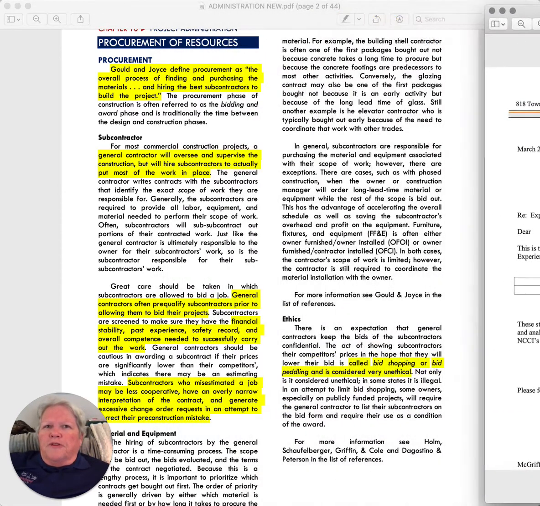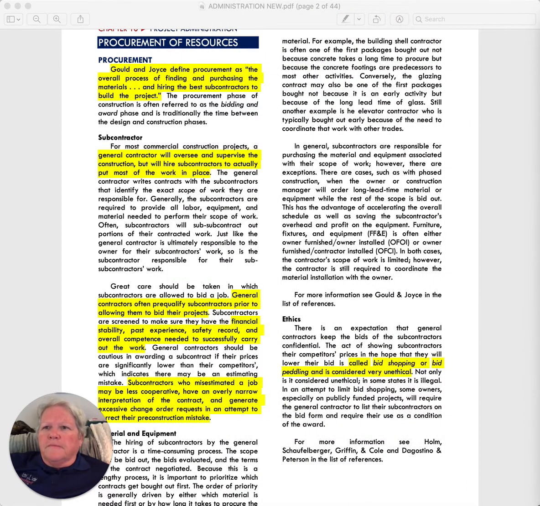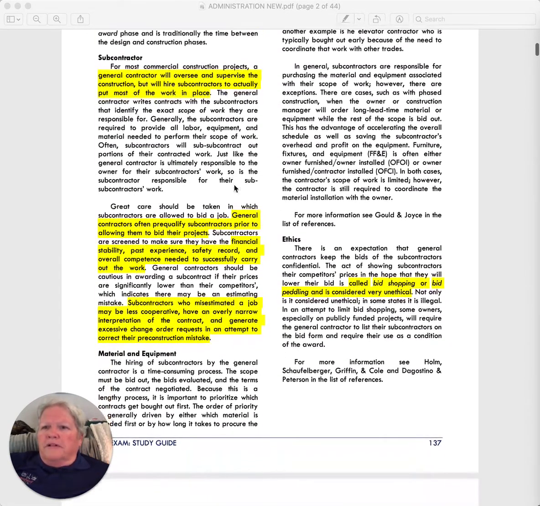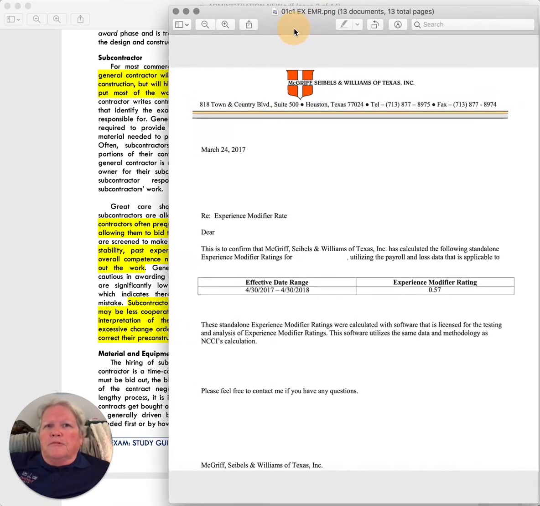So let's flip back to the main screen. It's talking here about generally on commercial construction, you have a general contractor that oversees and hires subcontractors. Part of the effort is done, particularly on CM at risk contracts, with pre-qualifying subcontractors. So here is an example